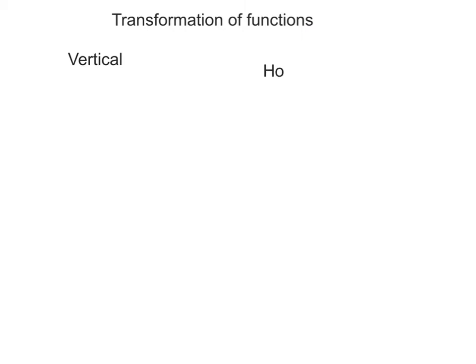So make two columns. And then these are the directions in which it moves. Vertical is which direction? Up and down. And horizontal is left and right. So we have